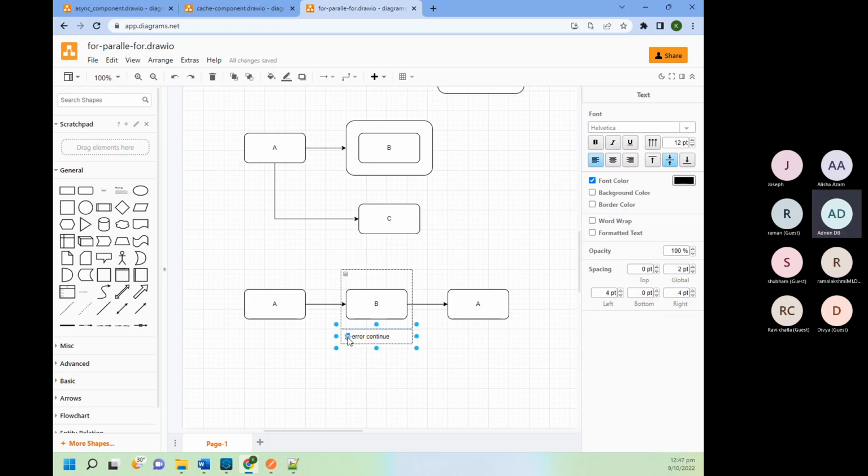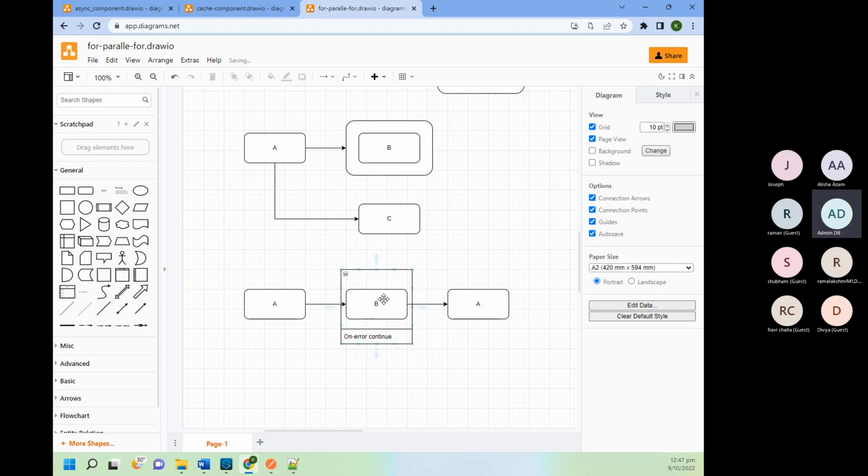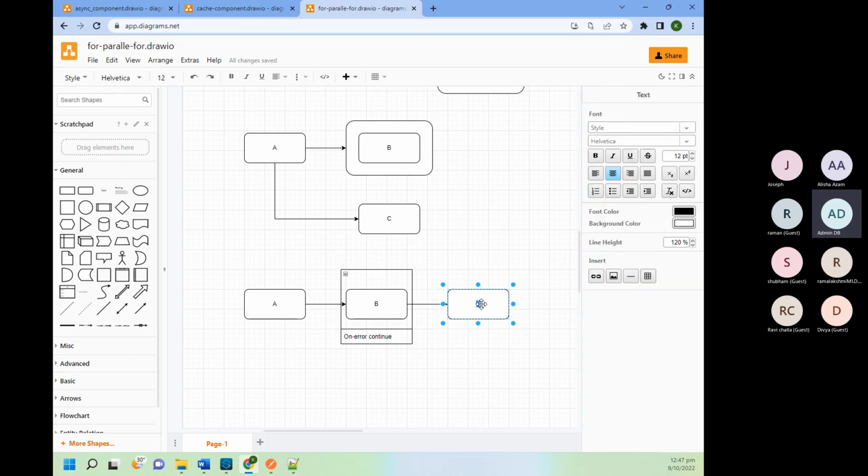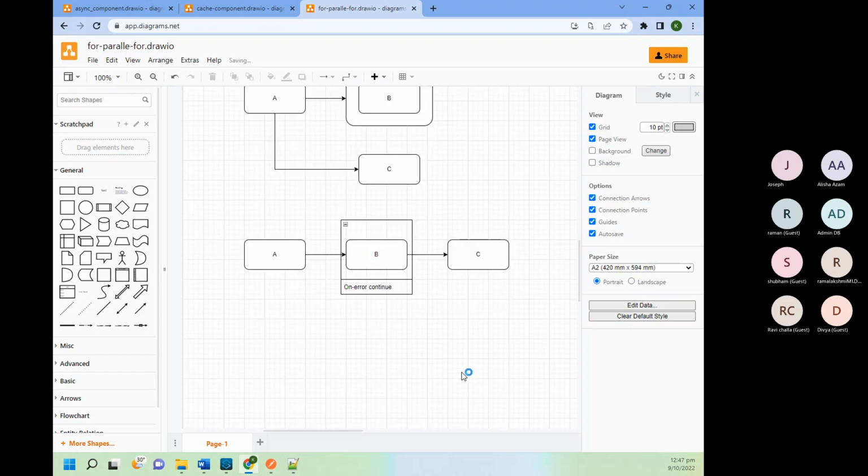Is it clear to everyone? So what will happen? Even if B fails, it will go to on error continue, and then it will go for C. Anyone has any doubt?